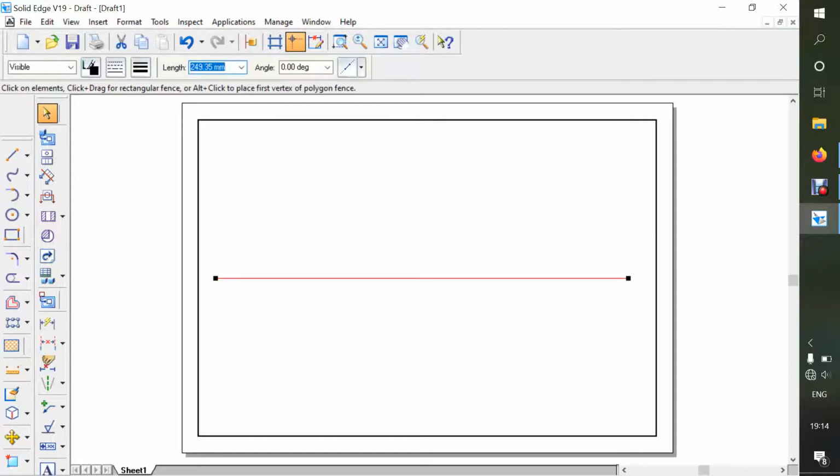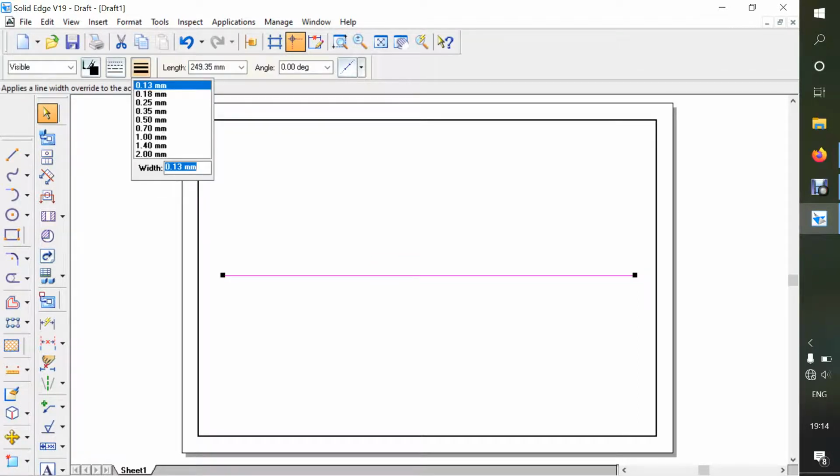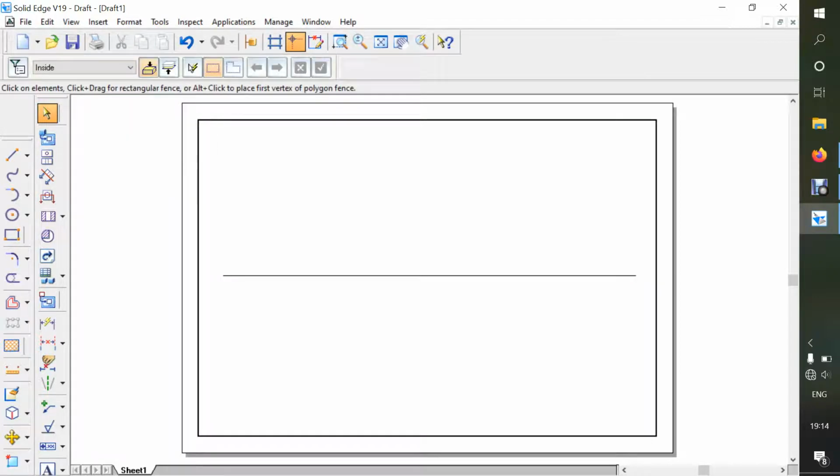You click on that line, and wherever you are going to move it, it will show in red color. You can just drag it anywhere, so you can move it just like that also. Just select that line, and if you want to change the thickness, you can go and make the changes. Now we want to name that line with X and Y.